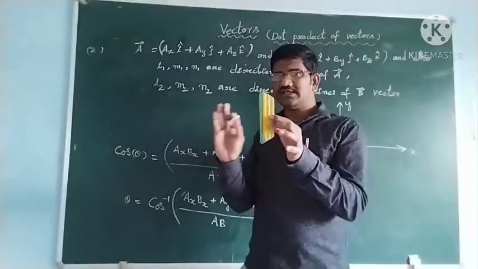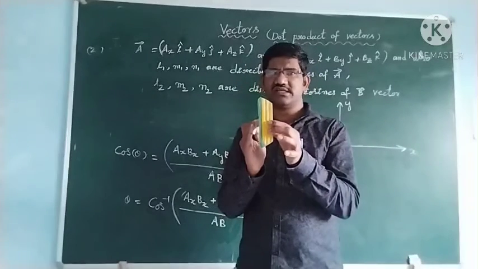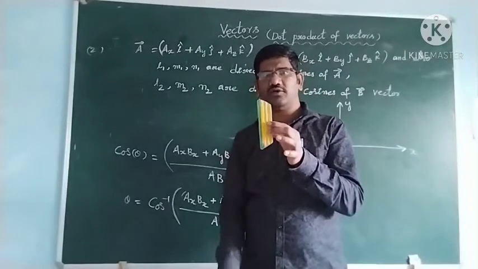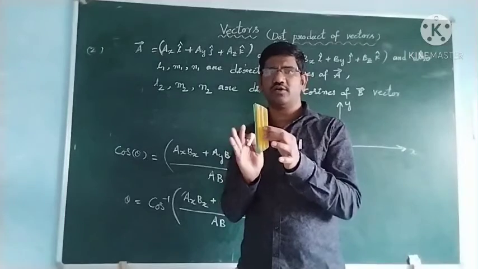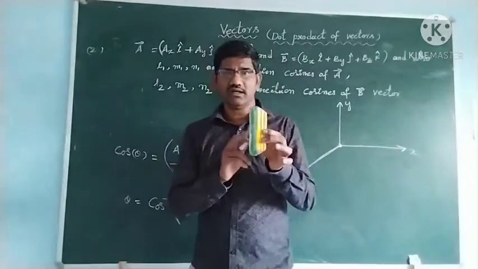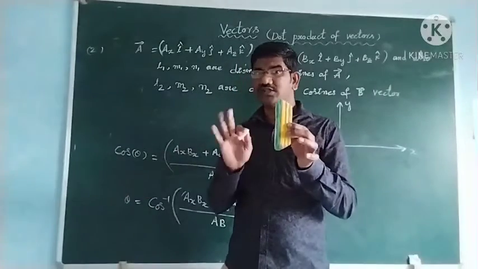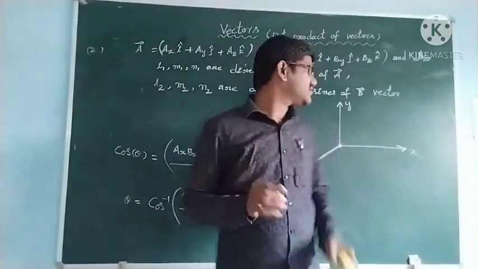From this wall it is at a certain distance, that is called the y coordinate. From that wall it is at a certain distance, that is called the x coordinate. From the floor it is at some height, that is called the z coordinate. It has three coordinates, and if you join this point to the corner of the wall, that is called our vector, and it is making some angles.